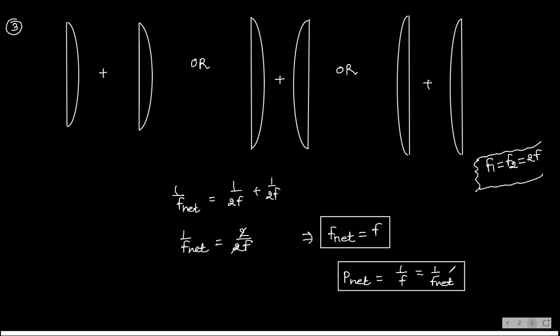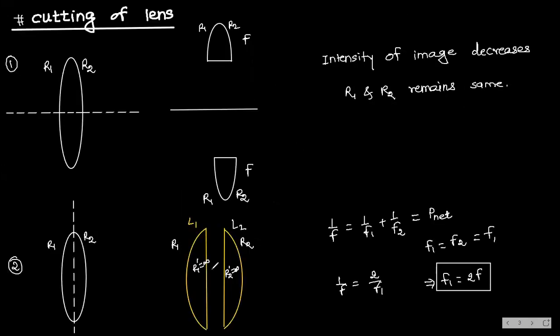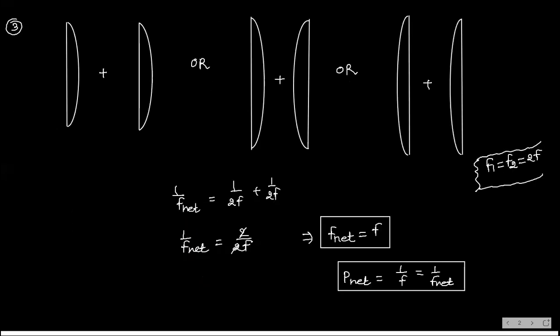Because in the previous case, already I told you, these two parts we have placed now. For this part, F1 is equal to 2F. This is what I have mentioned, where this one is reversed, this one is this side, and this one is like this. However you keep them, you will get the net focal length equal to this only. That is 2F for this, and even for this also 2F. And if we add 2F plus 2F, you will get F. Okay? Okay, sir.